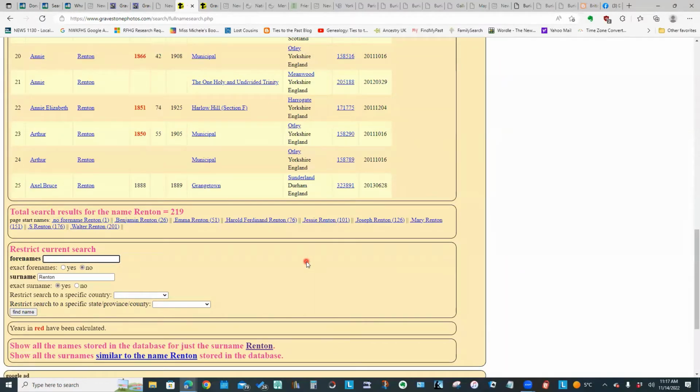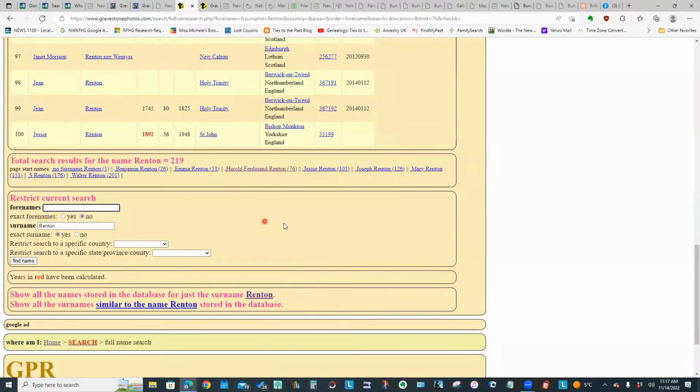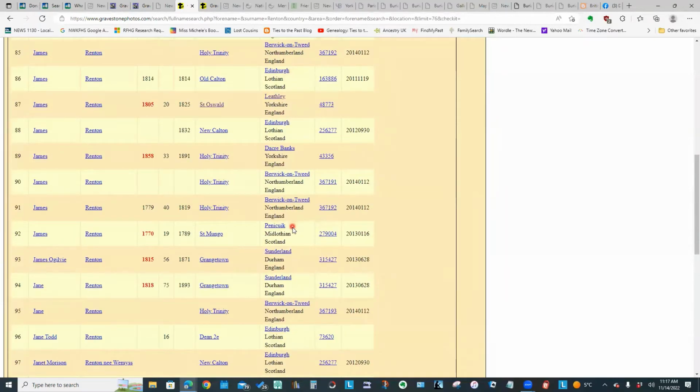So if I know I'm looking for James Renton, I would go to this particular page that has Harold Ferdinand Renton as the first entry on the page, because the next page is already into Jesse. So if I want James, he's going to be somewhere on this page. And here are all the James entries that they have.